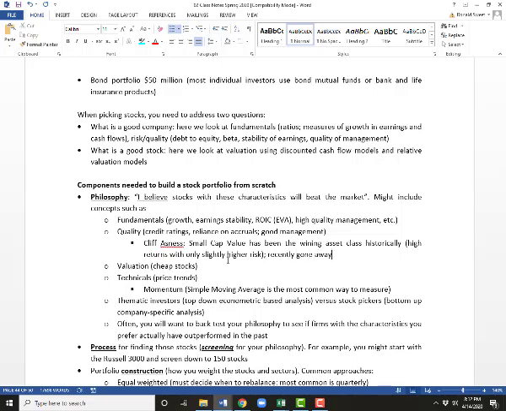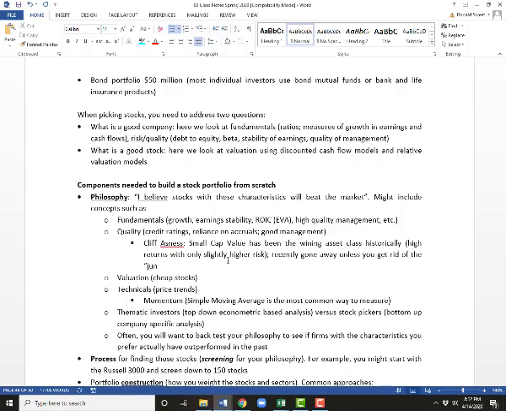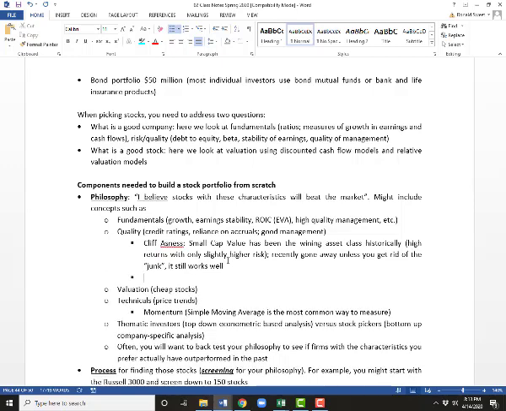And what Cliff Asness says is, okay, it's true, small cap value doesn't look as good as it has in the past, but if you get rid of the junk, what he calls junk, it still works very, very well. So what does that mean? So here's a very simple process. This could be your philosophy. This is something you could bring up in an interview, and you could just listen to what Cliff Asness says,